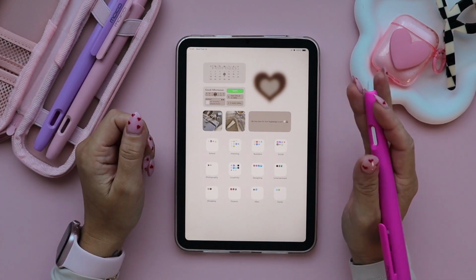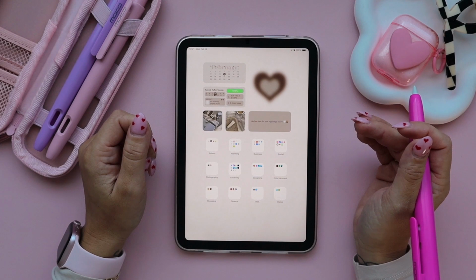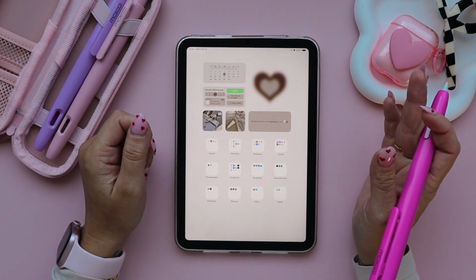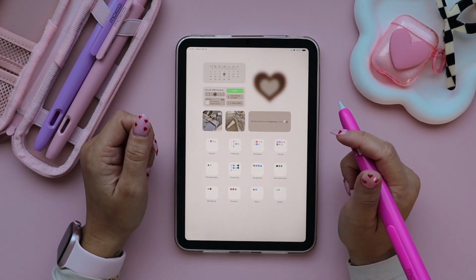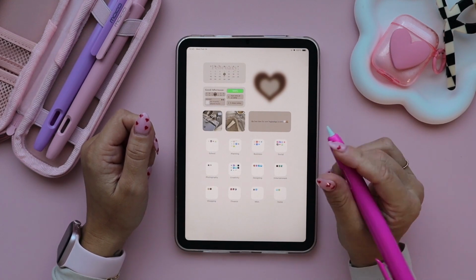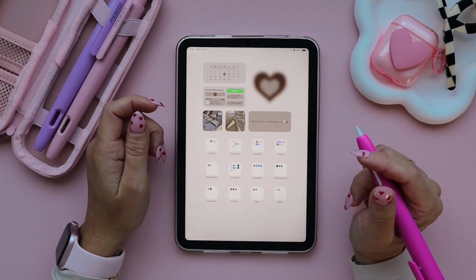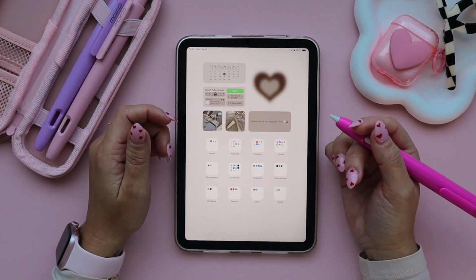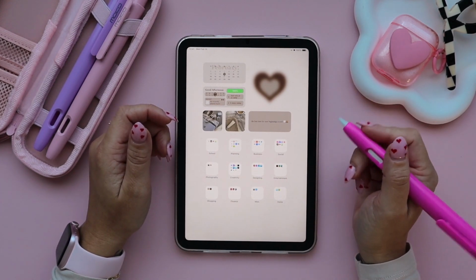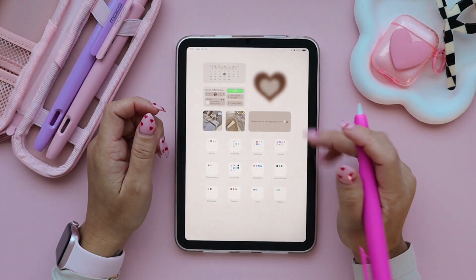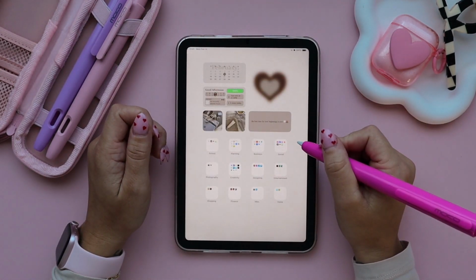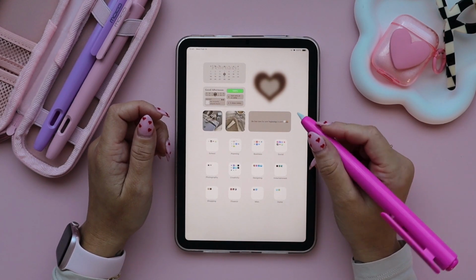Every month I like to change up my iPad home screen, and it's already halfway through February and I have not done that on my iPad mini yet, so I thought we could do that together. This month I have been reaching for my iPad Pro more just because I'm in school and it's just easier to take notes on my iPad Pro, but I do love my iPad mini for on the go and also